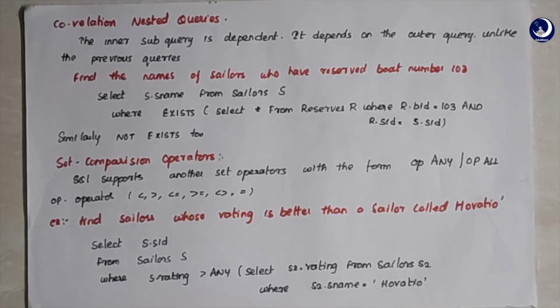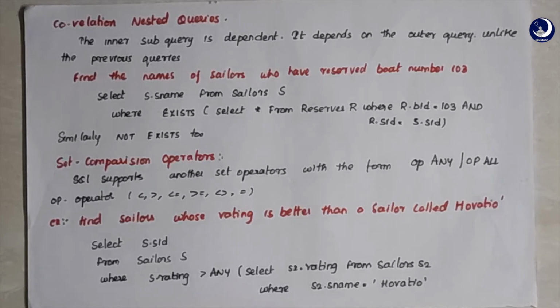See, in the previous two examples, the inner queries are independent of the outer queries, but in the correlated nested query, the inner query is dependent on the outer query. We check for non-emptiness, or whether that particular inner query is empty or non-empty, with the help of a construct called EXISTS and its negated version, NOT EXISTS. We will check, for each row of the outer query, if there exists an inner query result, right? Okay, fine, it's not that complex.